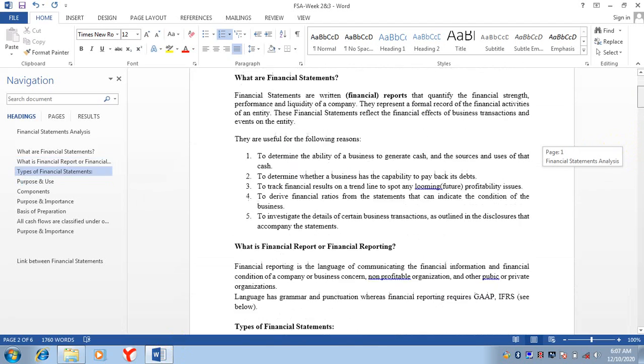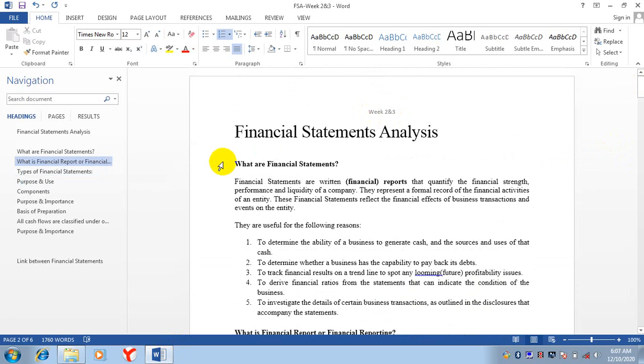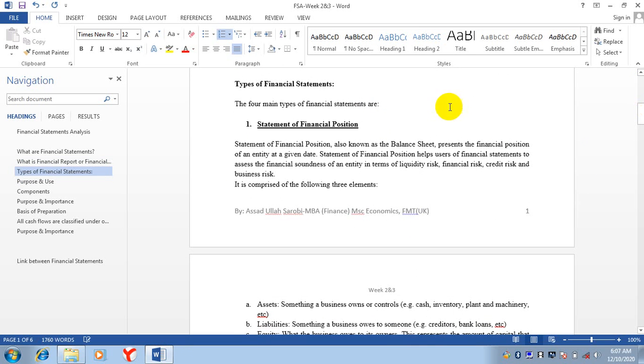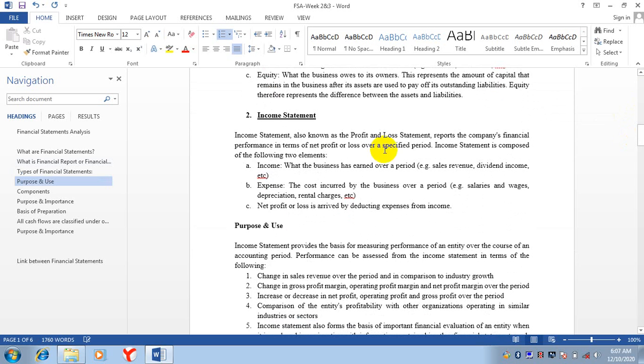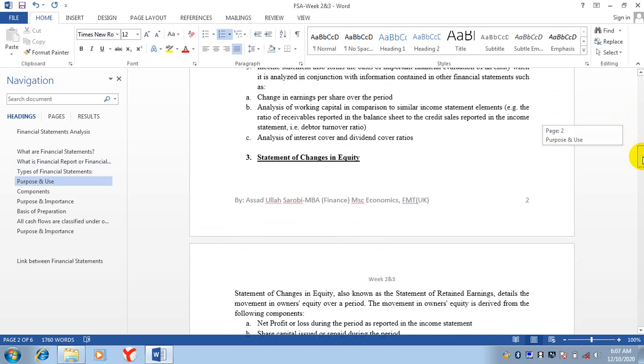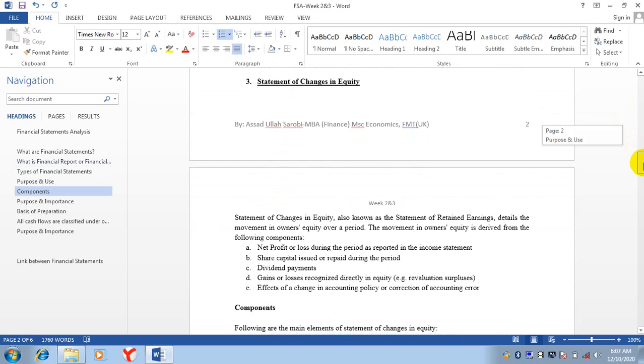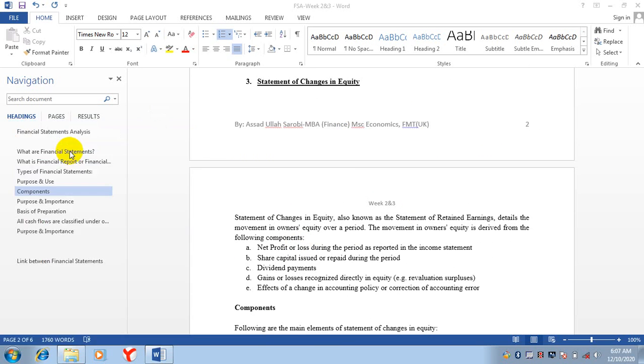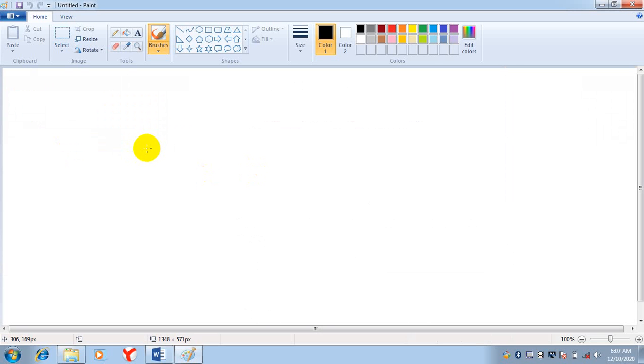In the previous class, we discussed financial statements. What are financial statements? Then we discussed the statement of financial position, then the income statement, and then a bit about the statement of changes in equity. I told you that the statement of changes in equity is just like